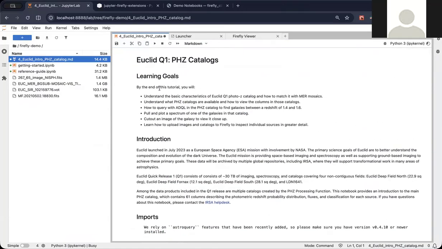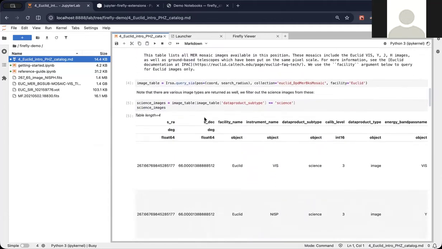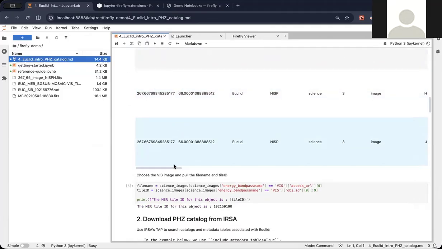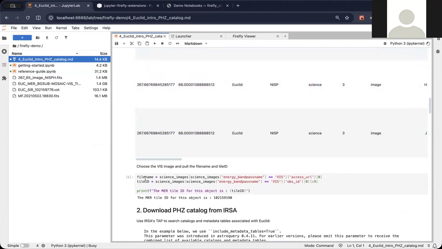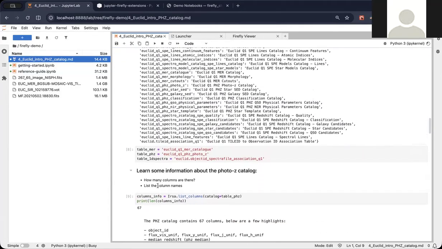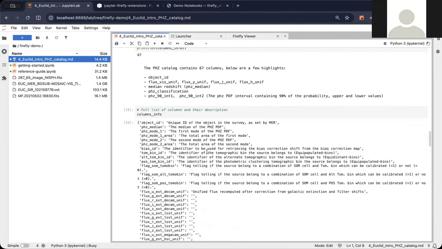So while this is running, this tutorial gives you an overview of how to use photo-z catalogs. I will just gloss over what it tries to do and focus on the Firefly part. It first queries a MER mosaic image for a particular array index, and then extracts the VIS image from the images in this file name, and then tries to retrieve the photo-z catalog for the same target,